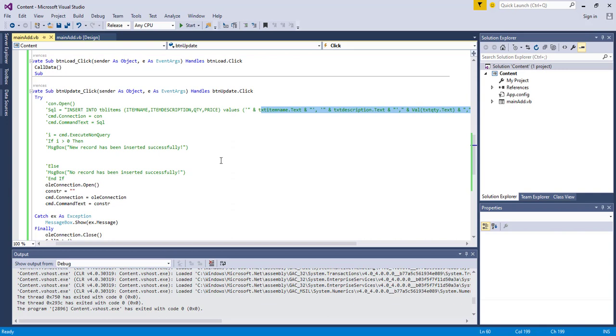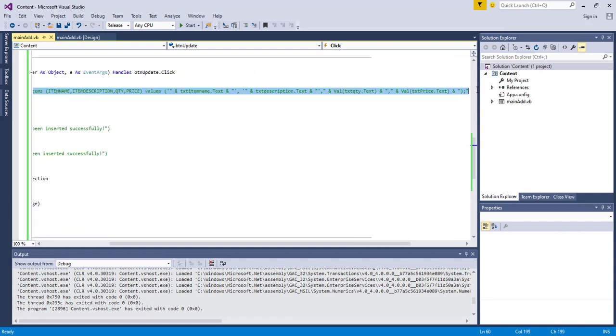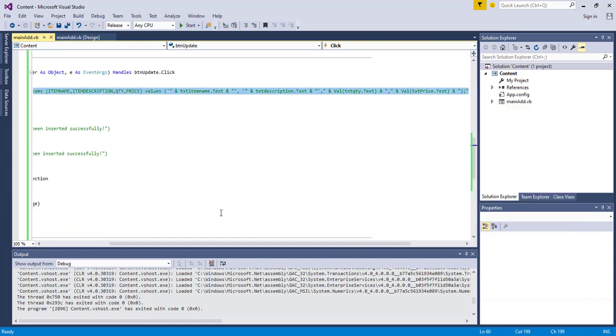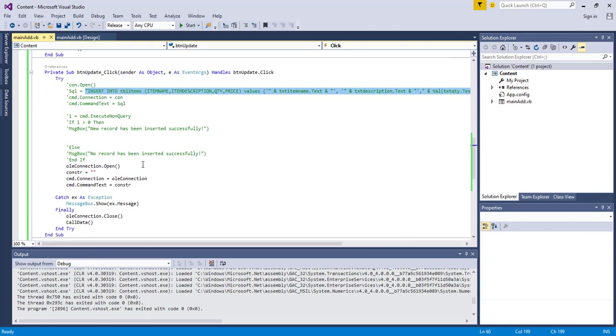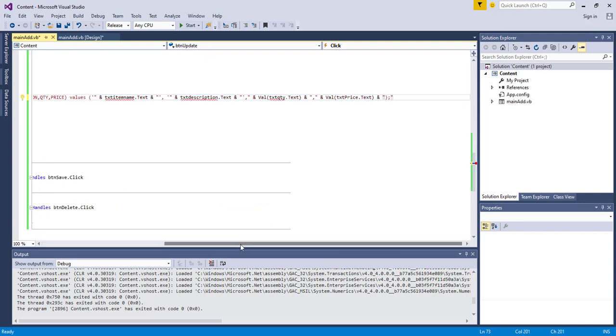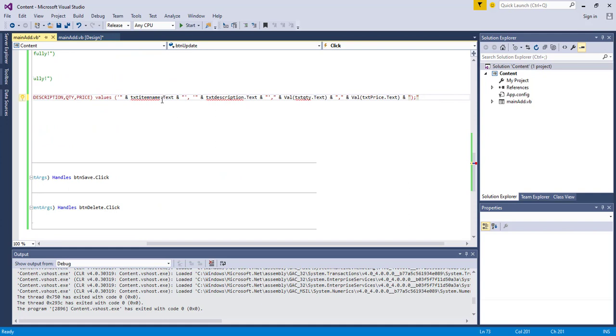Okay, so we would want exactly the same content as we've got there, but we need to change it to suit